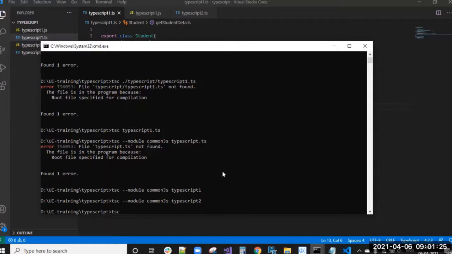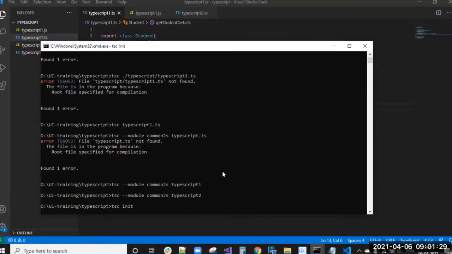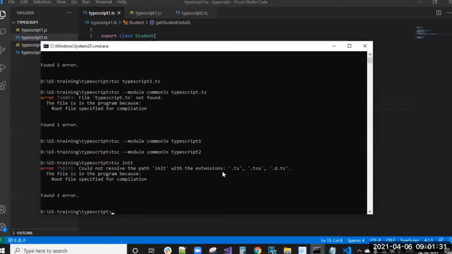To get the TypeScript configuration, run tsc init. TSC is the TypeScript compiler.